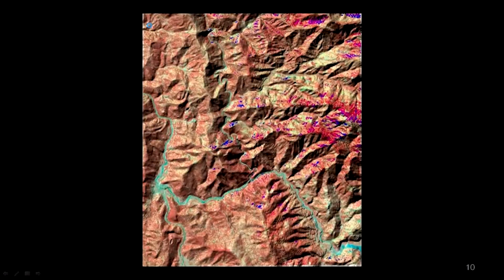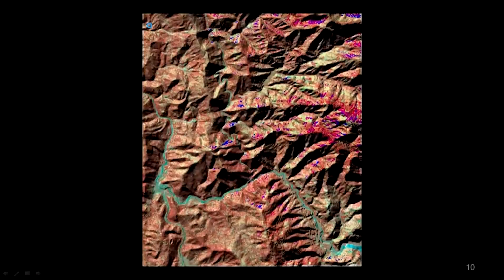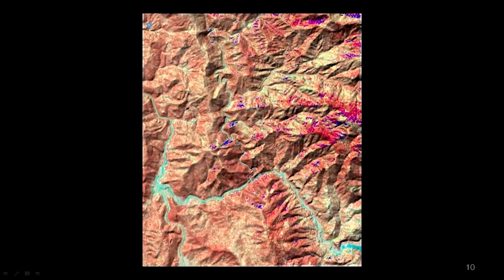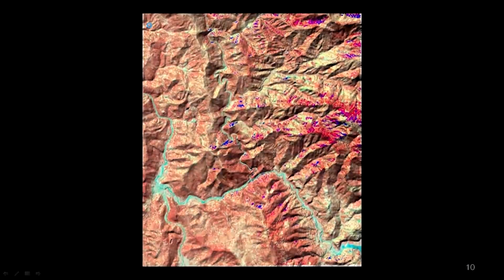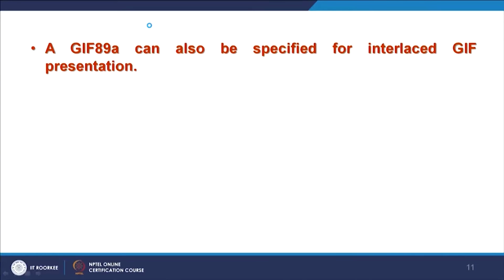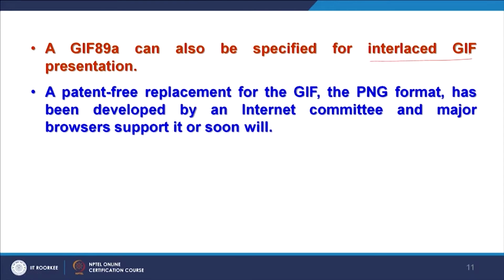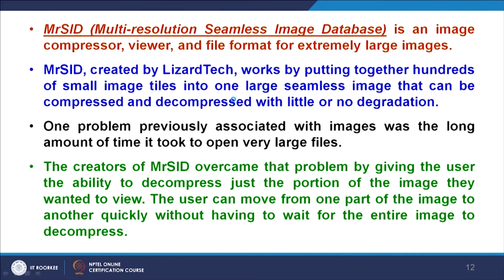In another one, the illumination source is in a single direction, but the height of the illumination source is changing, in sequences of every 5 degrees, and the sequence has been put in a GIF file format. This is what we call an interlaced GIF presentation, which you have just seen. Of course, this is patent free, so copyright and other issues will not be there. The issues are there with this file